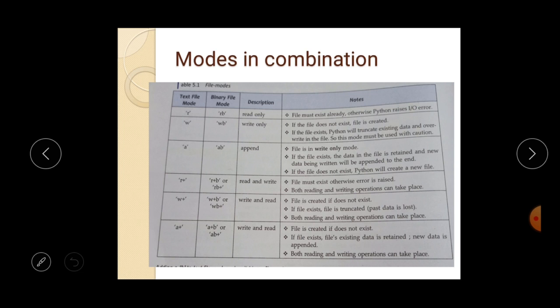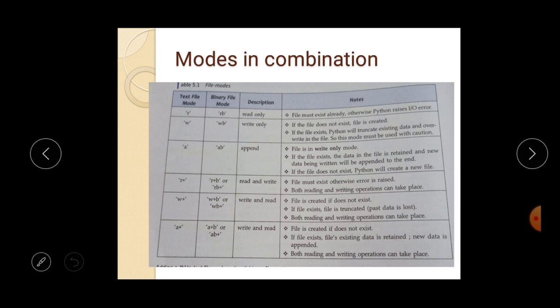W plus, in the W plus scenario, you can write in the file and you can also read from the file. And here the W is written, so the W function is the dominant function, meaning if the file does not exist in memory, then Python will create a new file with the name supplied as the parameter, and the file is available for both the reading and writing mode.